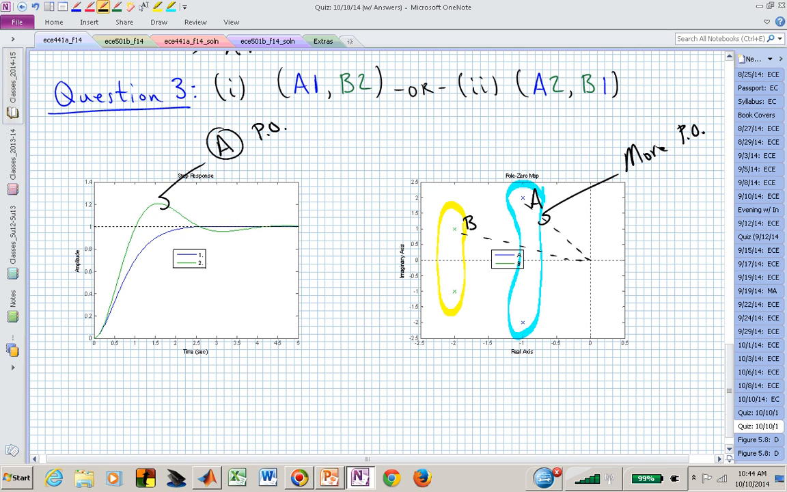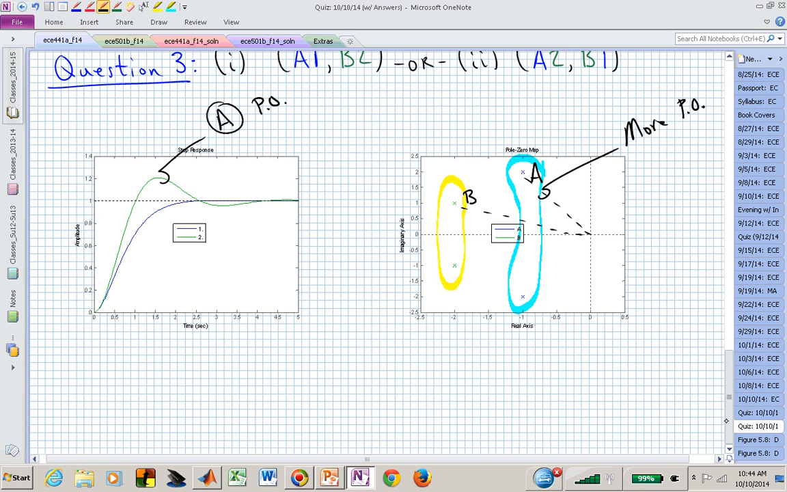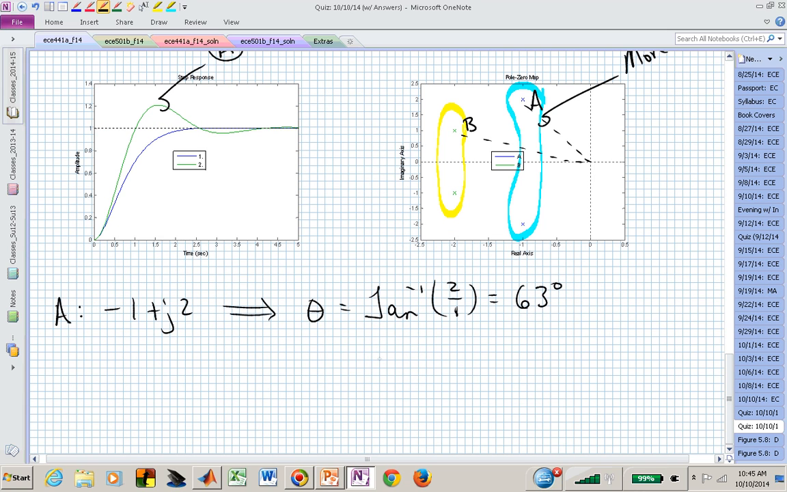If we looked at that, now A is at -1 plus j2, we could find the angle theta from that. That's now the angle that had a tangent of 2 over 1. If you look at the inverse tangent of 2, that's now 63 degrees. If we now compute the cosine of theta to obtain the zeta value for pole pattern A, now the cosine of 63 degrees